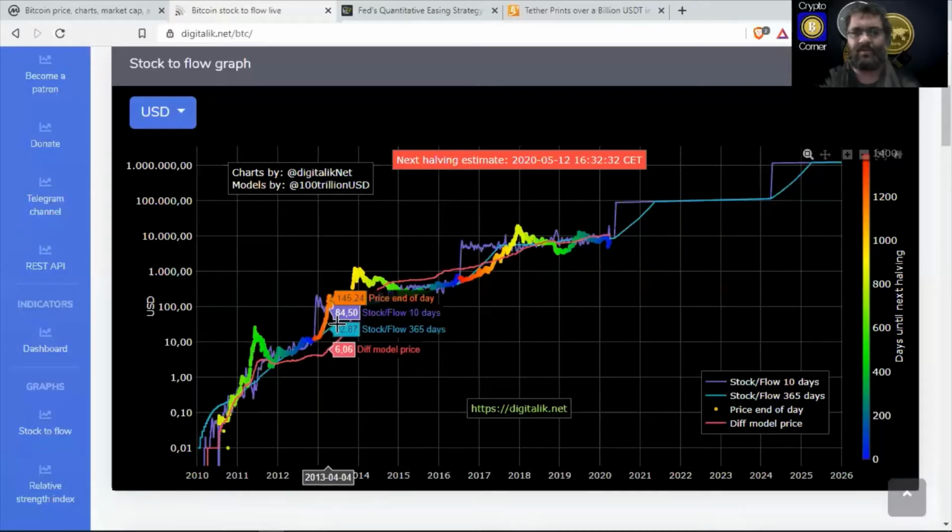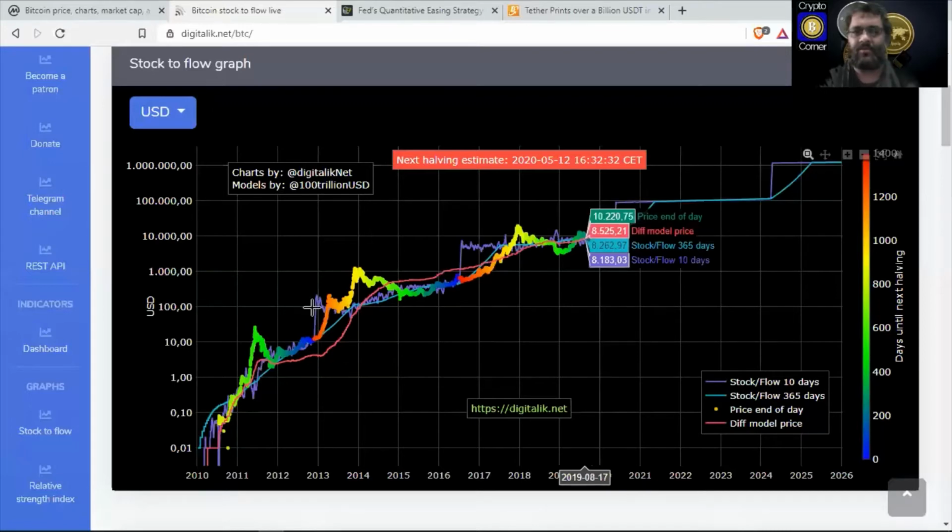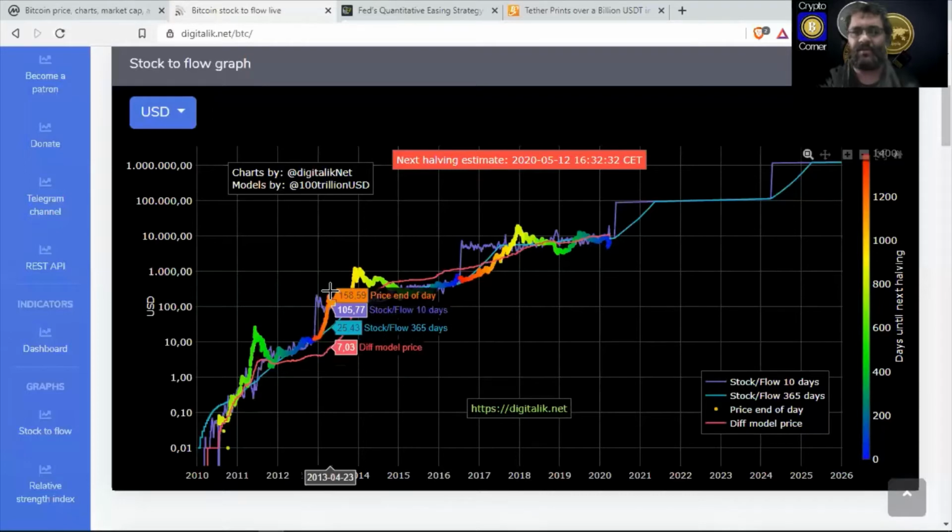what happens in this stock to flow is you see two lines. So there's a stock to flow prediction from 10 days versus 365 days, sort of an upper lower band price predictor based on the halvening event and the limitation of new coins reaching the market. So here in the previous halvening in 2012, we see stock to flow in 365 days was about $12, but after the halvening, we see the 10-day